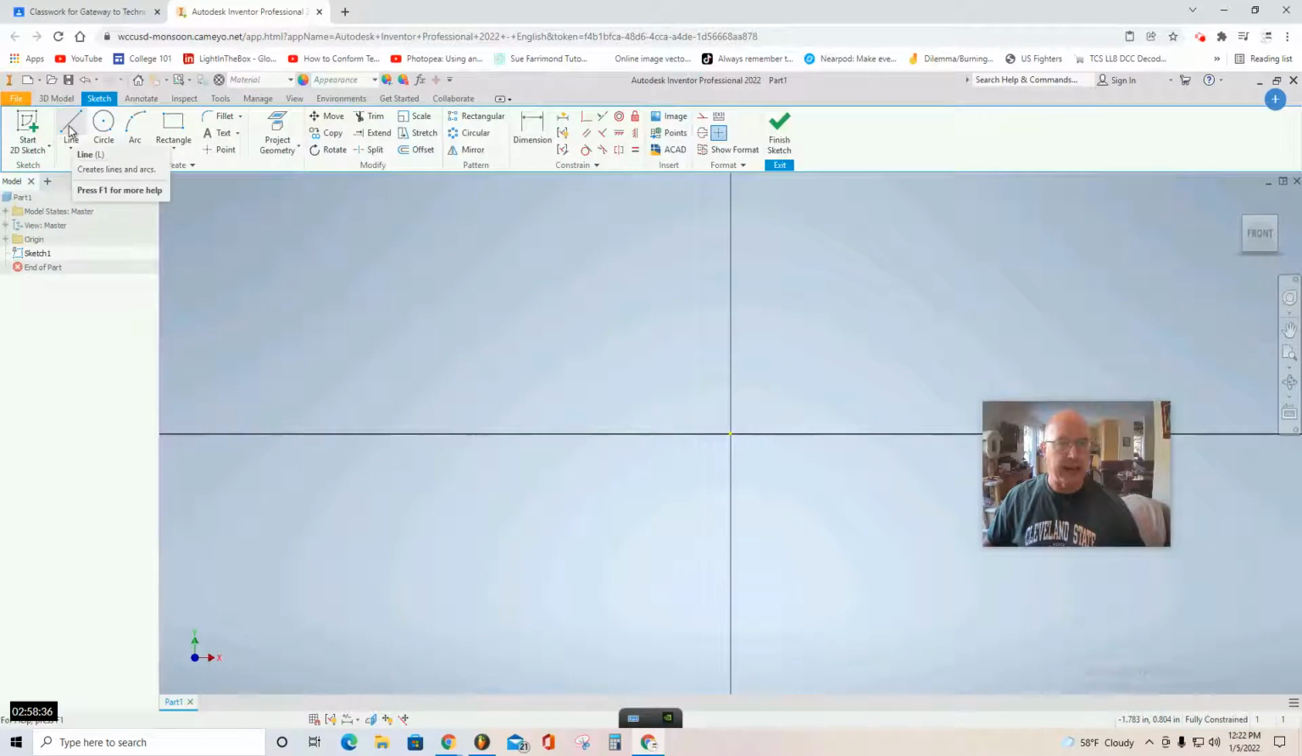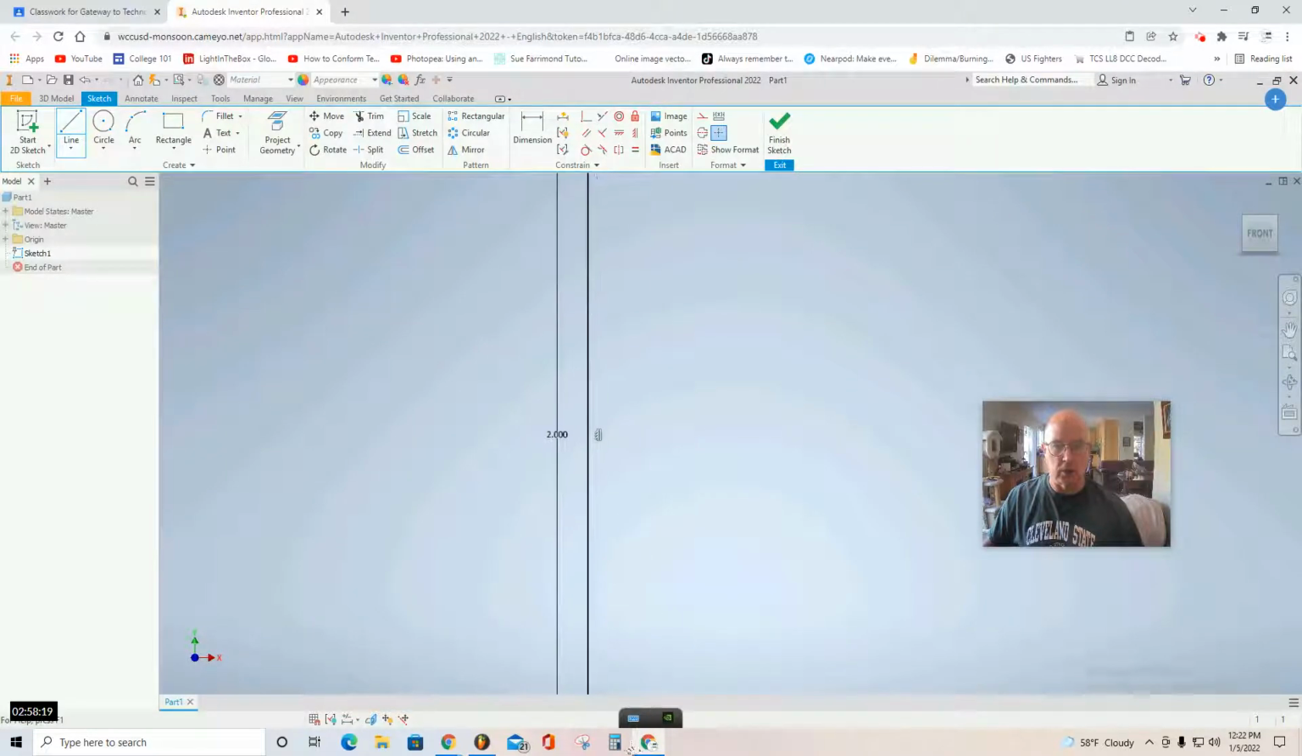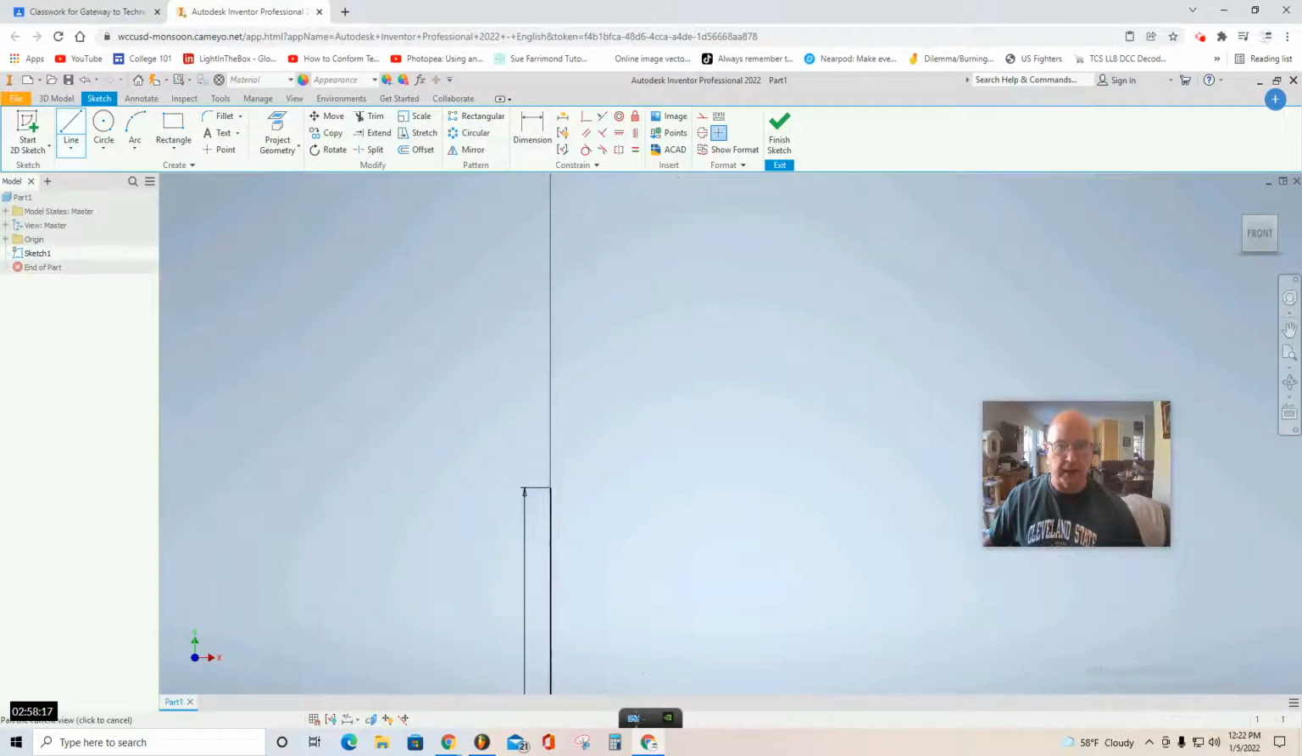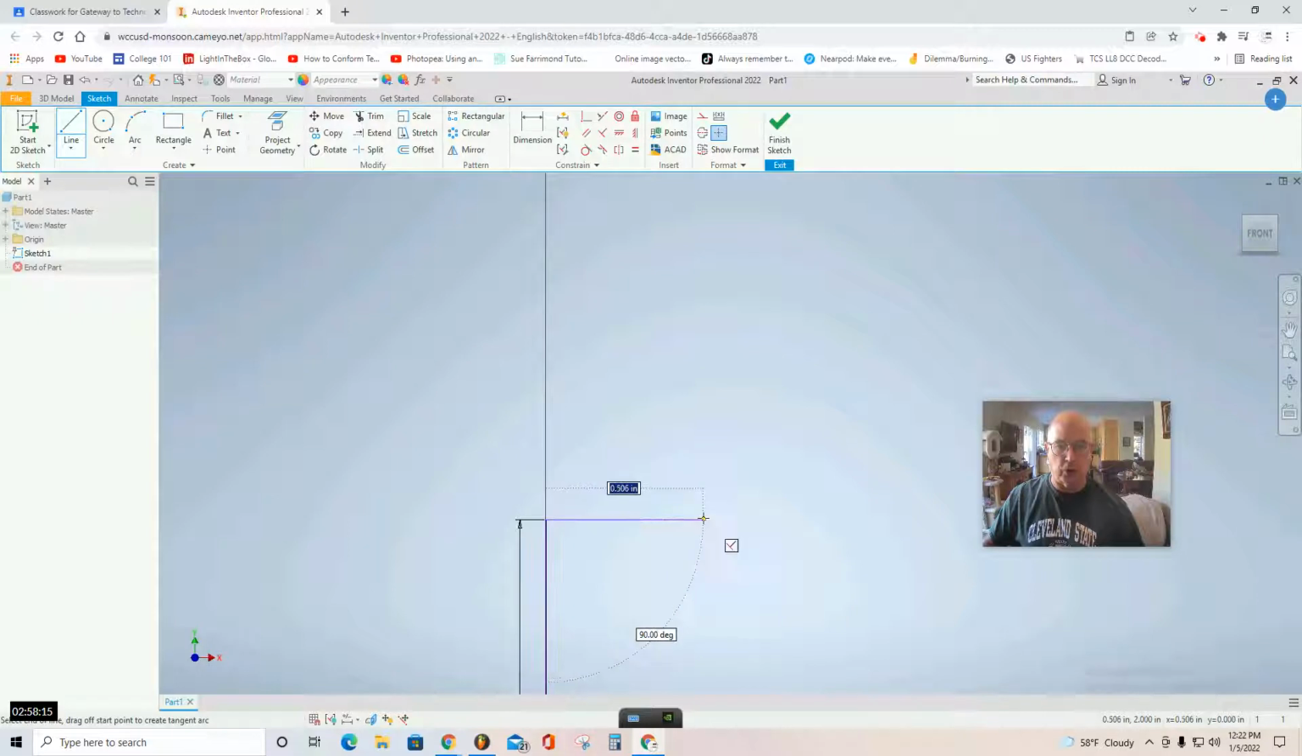I'm going to use a line as my central axis. You can click on the origin and go straight up. And as you're going up, just type 2 on the keyboard and then enter. Remember, you can use your middle mouse wheel as a pan tool. So I'm panning down. And you're going to go over to the right,